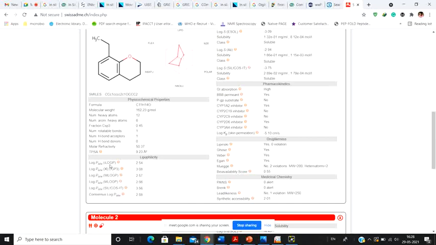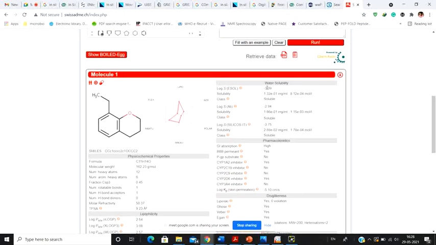All these parameters are actually algorithms to predict the lipophilicity of a particular molecule, and all of them tell that the values of this particular lipophilicity are 3.6, 2.66, 2.57. See, in most cases they are similar to one another, apart from SILICOS-IT and XLOGP3. They say it's 3.08 and 3.56. So the consensus LogP, taking the average of all of these, is 2.88. Next comes the water solubility.